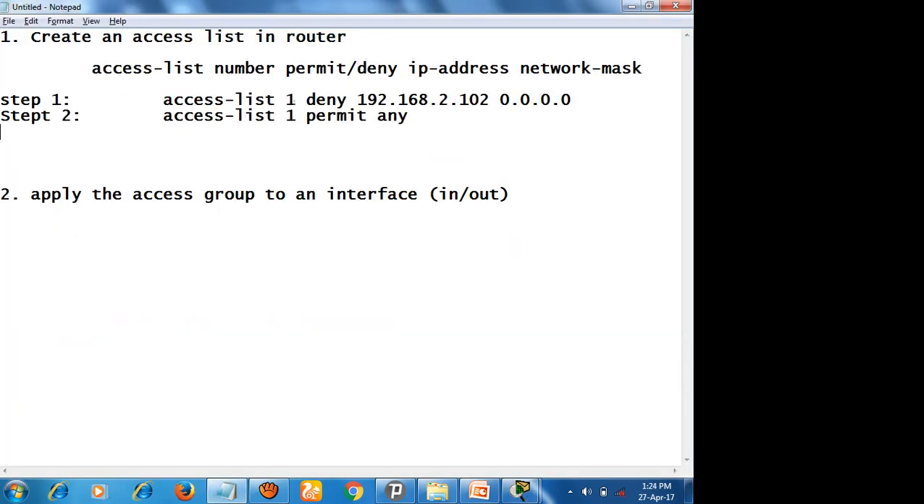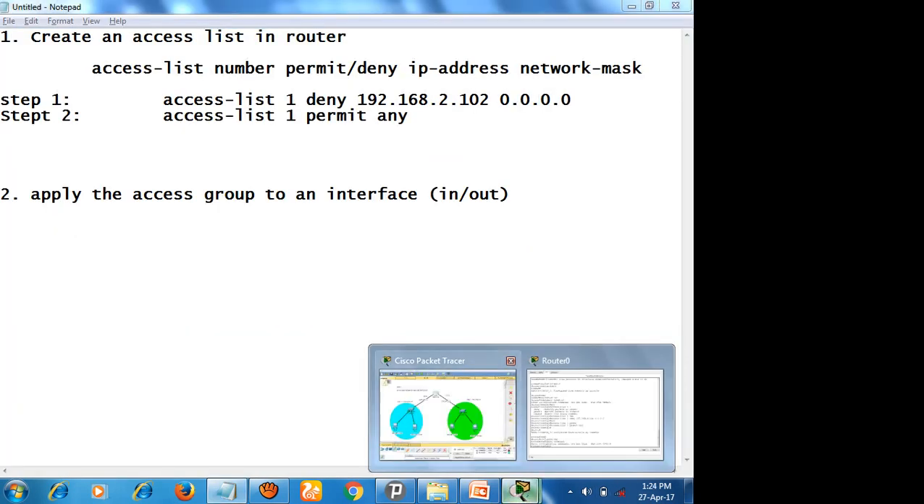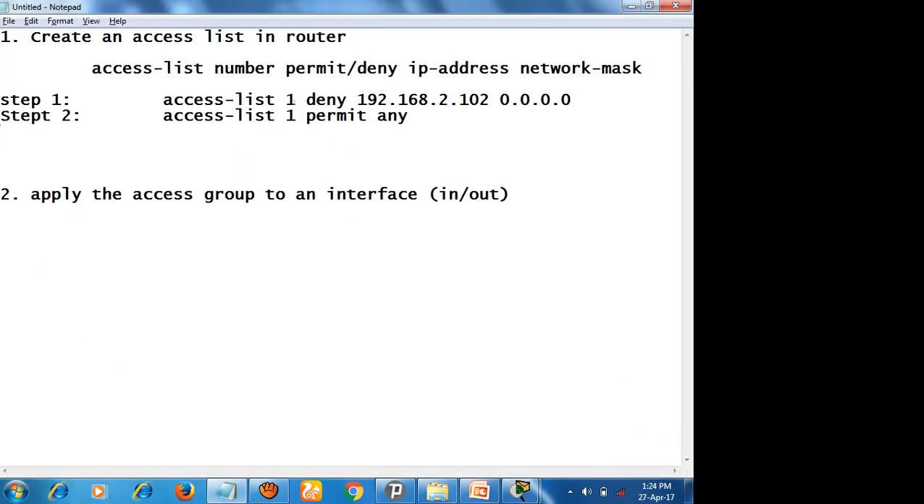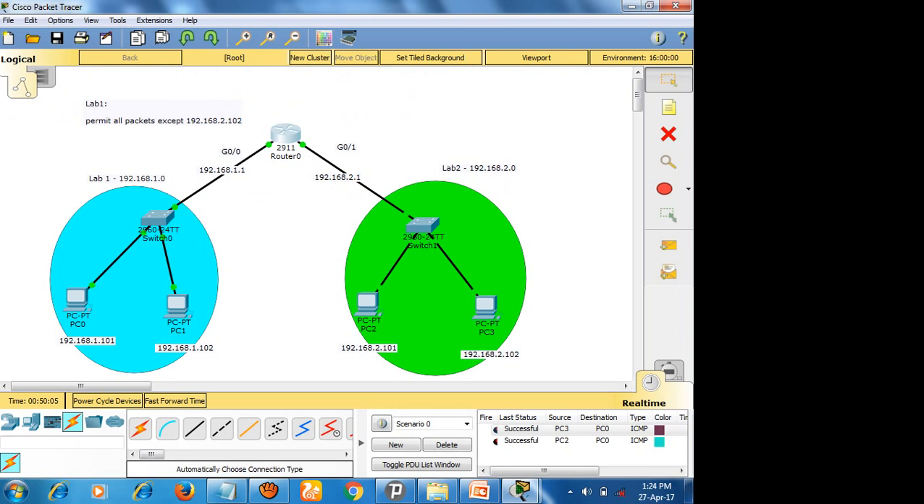an outbound interface, right? And as I told you, if it is a standard ACL and the source IP is specified, it should be applied on the outbound interface of the router, right? If it is a destination IP, then you can go for the inbound interface, right? So what I'm going to do is specify the outbound interface for